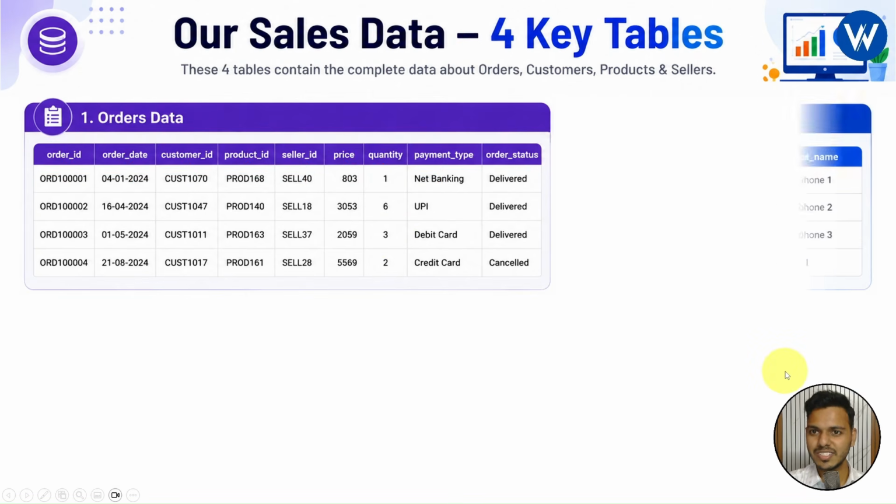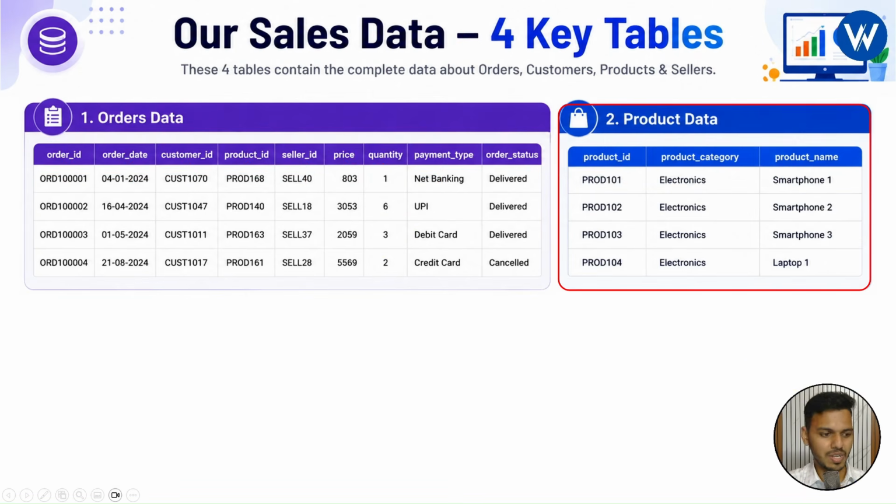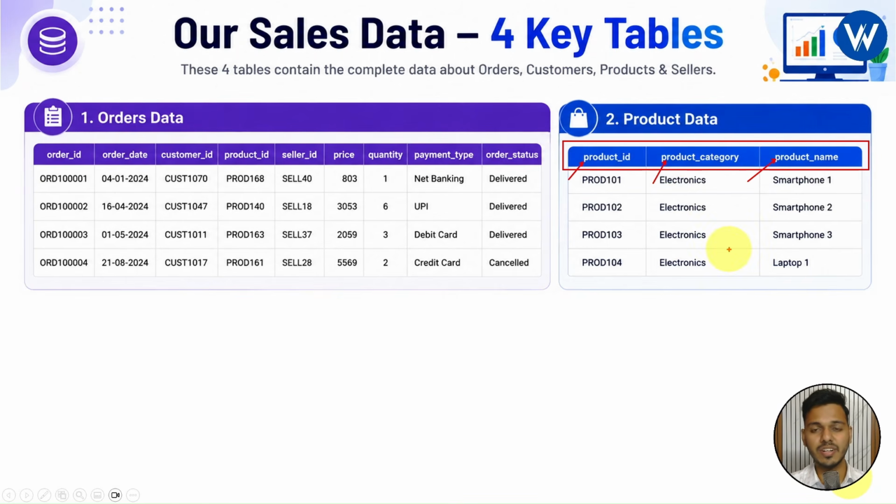Now moving to the next table, which is product data. The product data contains three different columns. Let me highlight them. The first column is product ID. Next we have product category and product name. So basically this data contains only the records of products. Now if you notice carefully, this product ID column is a primary key. Once again I am repeating, inside the product data the product ID column is a primary key, but in the case of the order data,